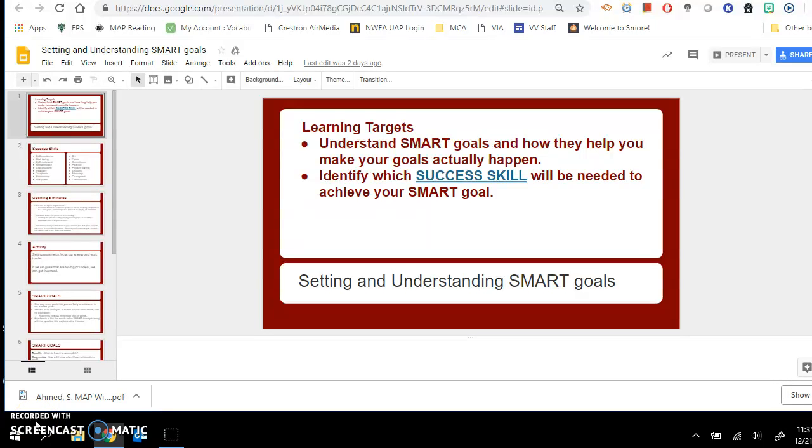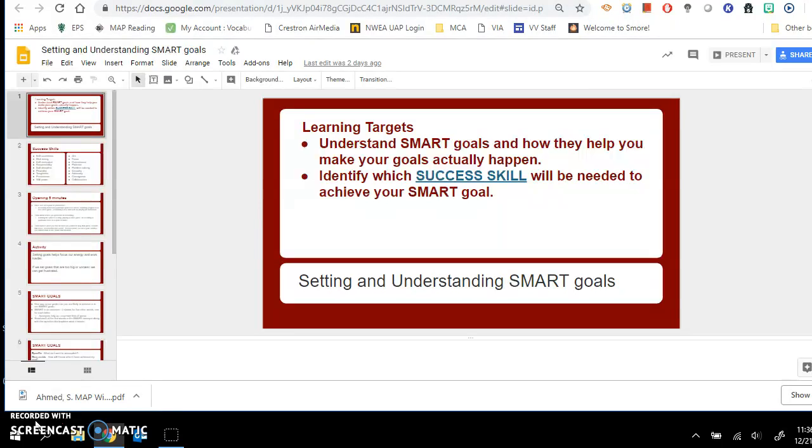Hi, I'm going to do a short screencast on the lesson that you would be delivering to your students that need help with setting and understanding what a SMART goal is. I would start out with the learning targets so that they are aware of what the to-do is or what the end result will be, which is essentially just writing one SMART goal using the formula.